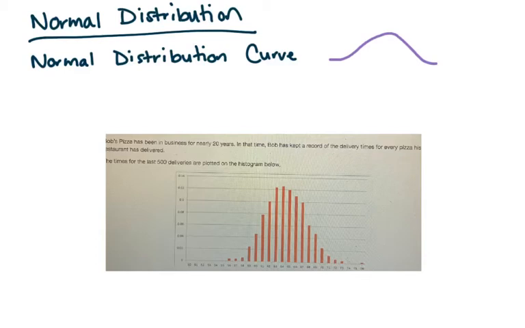So this lesson we're going to be talking about a normal distribution. A normal distribution is what we call a bell-shaped curve. I drew our bell-shaped curve here. Some properties of our normal distribution curve, or bell-shaped curve, or they also call it just a normal curve,